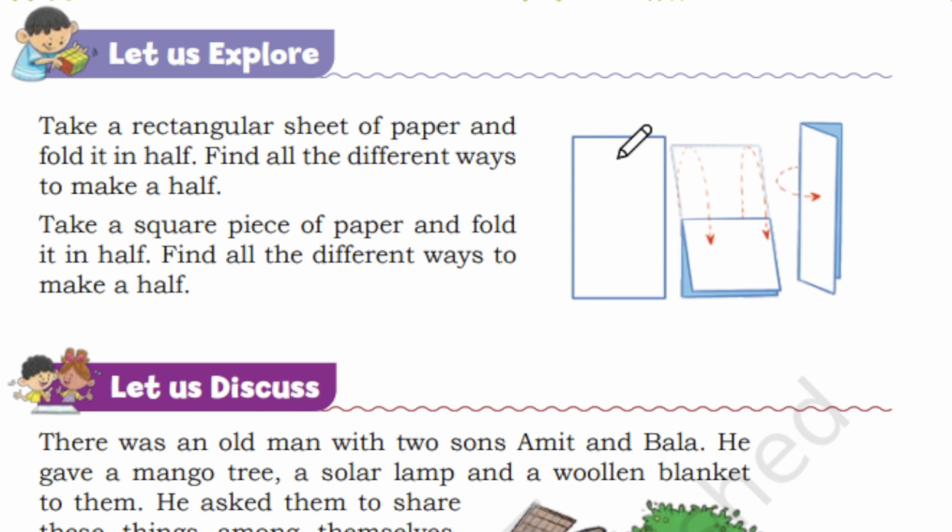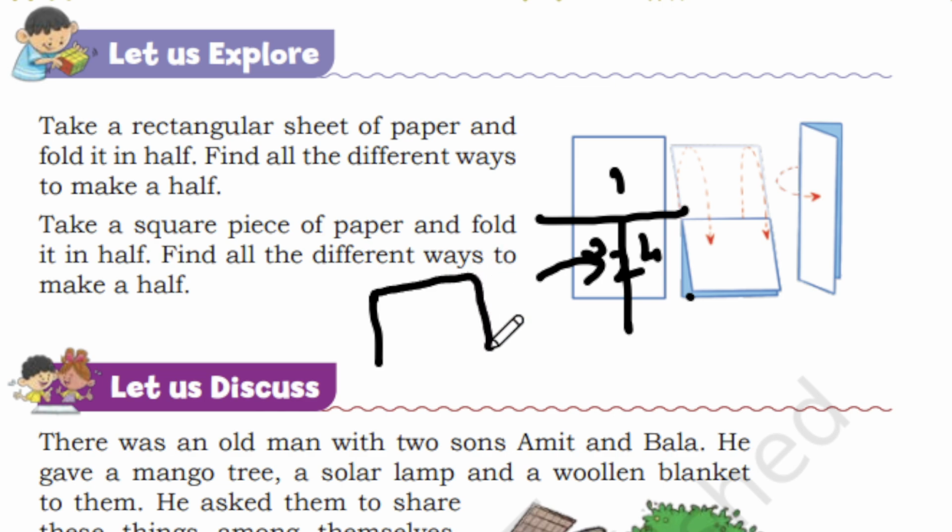See, this one is a rectangular paper, and if you fold this rectangular paper, what will it become? It will become two halves. So this one is the first half and this one is the second half. Again, if you fold in this way, you will get another two halves. So this one is the third half and this one is the fourth half. Likewise, if you take a square paper